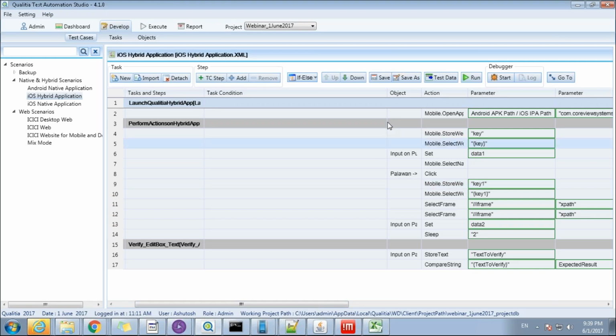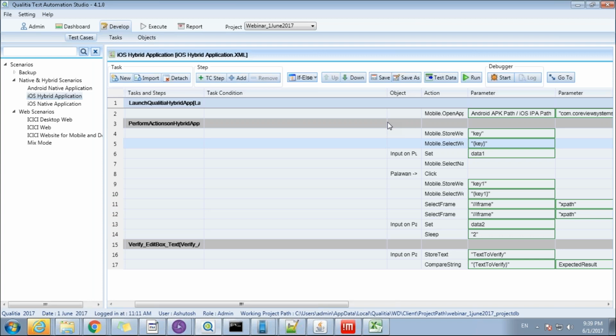Before we get into the execution of this test case, maybe since this is iOS application, let me change the server and the port, and put the device ID for my iOS simulator here.